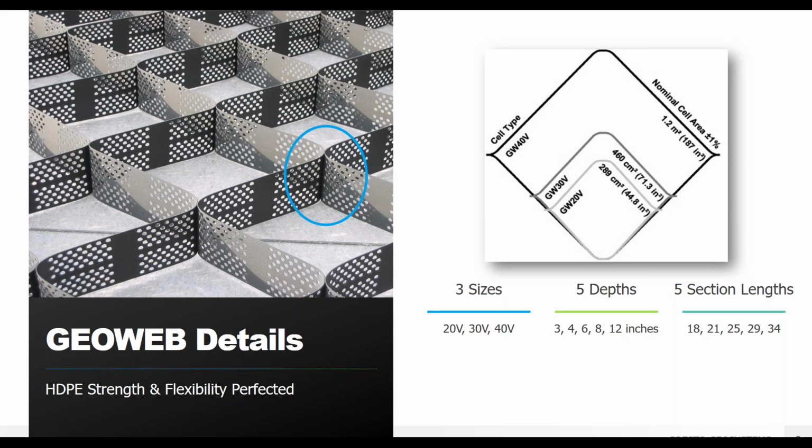And it reduces your environmental stress crack resistance as well. So there are some competing geocells on the market that do have that sort of exotic polymer alloy in the name of increasing cell wall stiffness. But to avoid weld failures and the damaging effects of differential settlement, uniformity in performance across all of the elements of a geocell system is more important than just focusing on cell wall stiffness alone.